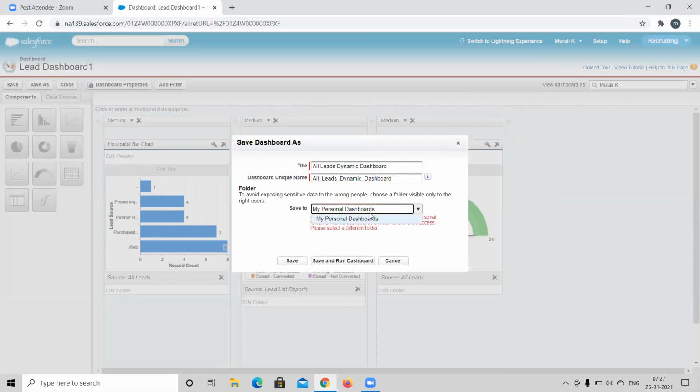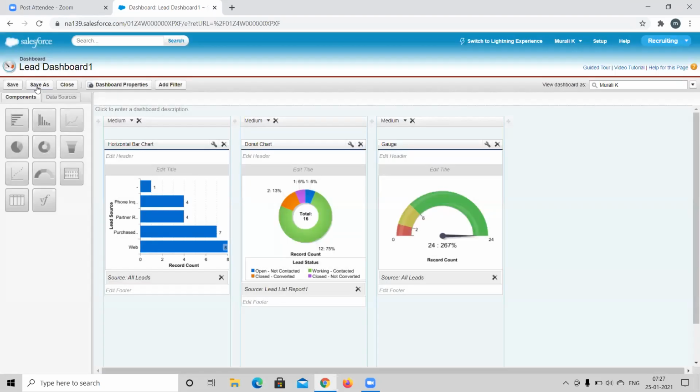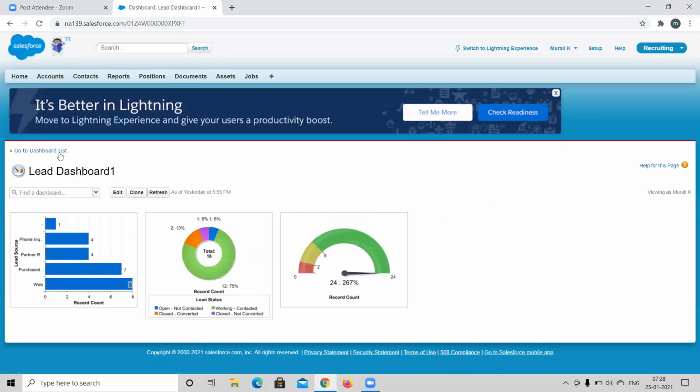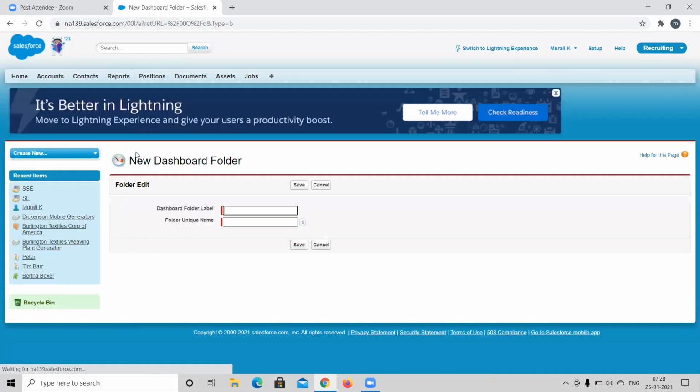This is a personal folder, so we cannot save the dynamic dashboard to the personal folder, because it should run whenever the user is logged in. So let me go back and create a folder. Here you can create a folder. Click on this arrow and select New Dashboard Folder. If you want to create a new report folder, you can select New Report Folder. I'm selecting New Dashboard Folder,